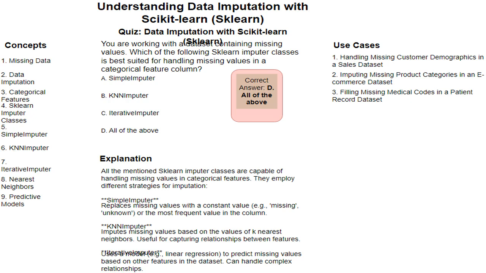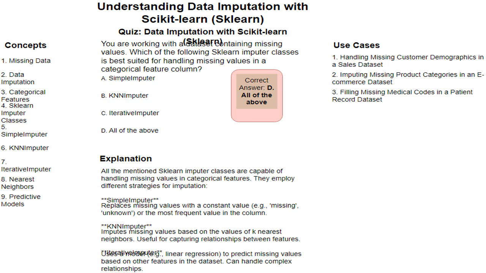In a financial dataset, imputing missing income values for loan applications can be crucial for risk assessment. In a marketing campaign dataset, imputing missing demographics like age or gender can be useful for targeted advertising. Imagine a dataset with ages of individuals. If a row has a missing age, we can use imputation techniques like mean, median, or KNN to estimate the